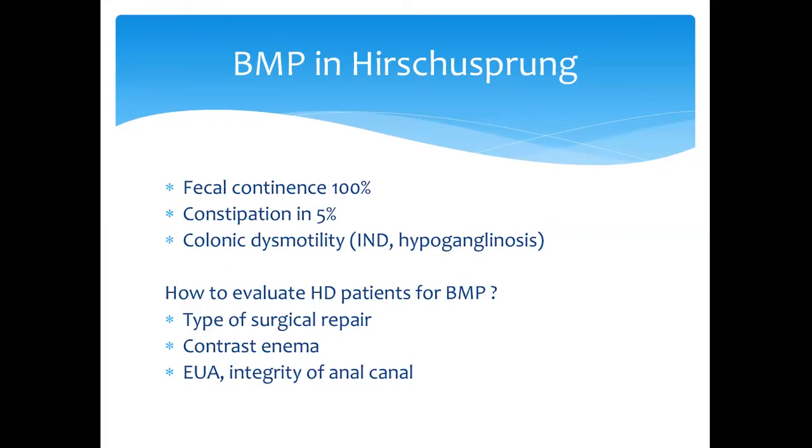Or the unfortunate group who have fecal incontinence, and those have the unfortunate complication of either complete or partial damage of their anal sphincter, or somehow overstretching of the anus during the pull-through procedure. How do we evaluate those patients? For the bowel management, we have to know the type of surgical repair done, and we initiate the evaluation with a contrast enema, evaluating the colon motility, evaluating the previous procedure, and then we do an examination under anesthesia, and